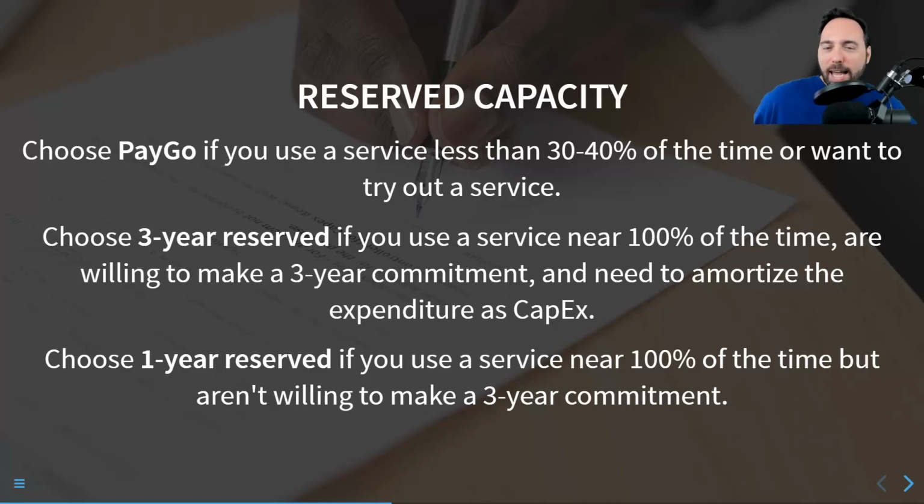And so that nudges more in the direction of a 3-year reservation, that you're able to amortize expenses a little bit more and it makes a slightly better argument for the accounting team than the series of 1-year reservations. So you're trading some flexibility for a good amount of savings and the possibility to shift tax burdens around over a 3-year time frame.